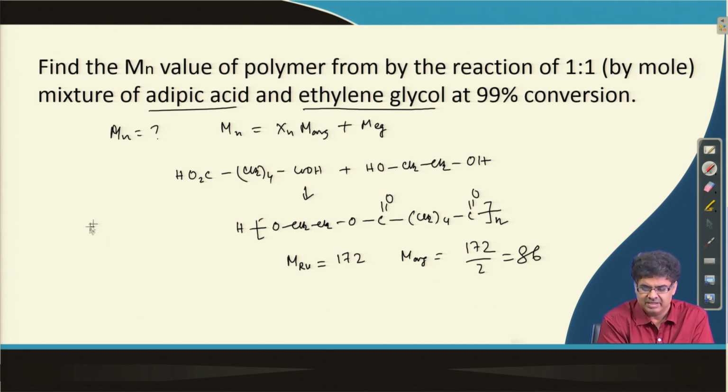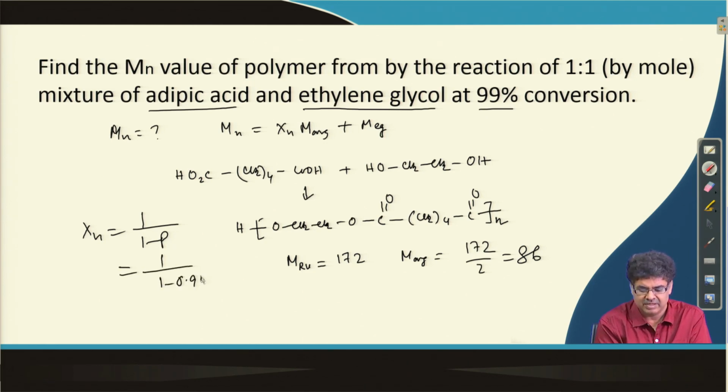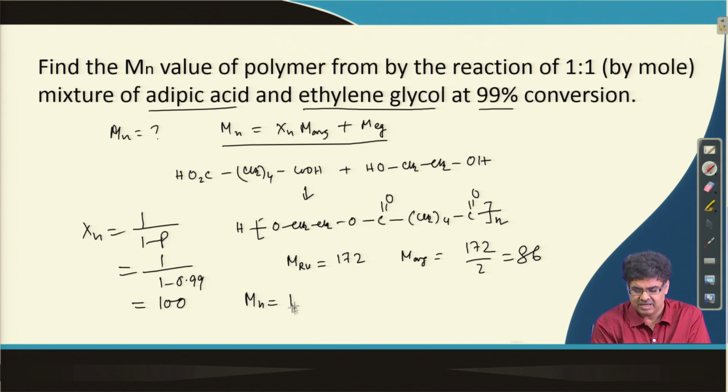So, what will be my molecular weight? Xn is given by 1 over 1 minus p, where p is 99%, so 1 over 0.01, which is 100. So, my Mn would be 100 times 86 plus the molecular weight of the end groups. End groups are basically OH and H, so basically water, 18. So, 8600 plus 18,